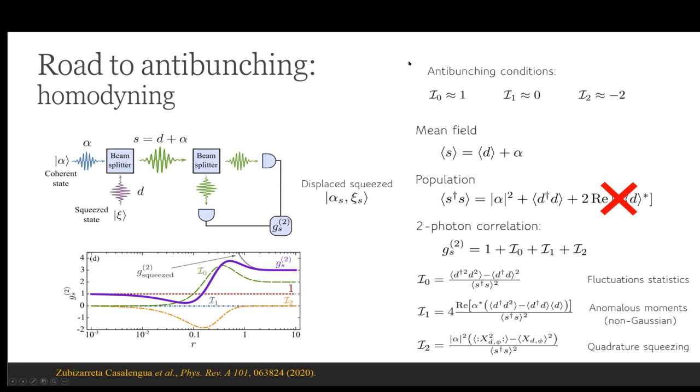What is important is that in the next cases that we will see, these anti-bunching conditions are exactly the same. So this means that even if we are dealing with some dynamical systems, if we make a description just in terms of this kind of states, the outcoming state of light that is coming from these sources can be described in this way. So the mechanism of having this anti-bunching will be exactly the same.